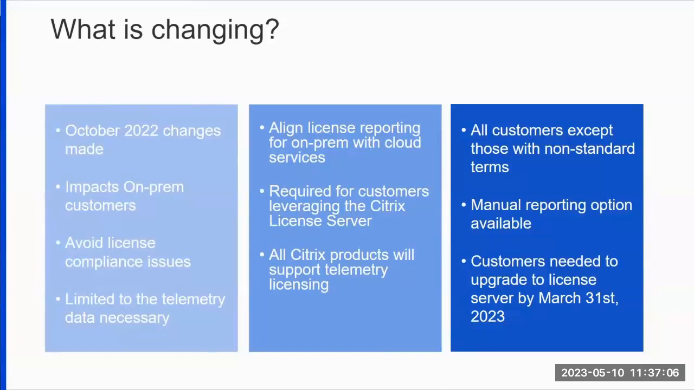So in mid-October 2022, Cloud Software Group made changes regarding licensed telemetry for on-premises customer-managed environments which use the Citrix license server. Starting with license server 11.17.2 build 40,000, the on-premises customer managed license server software started requiring the collection of limited license telemetry data to Citrix for license